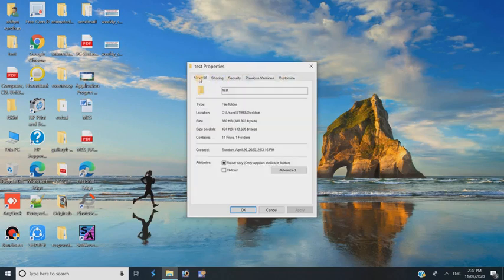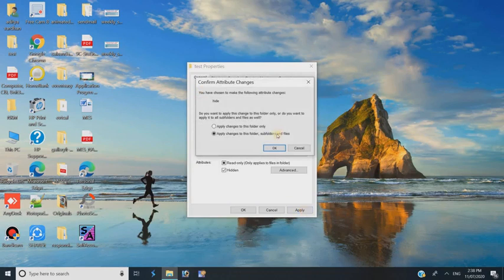So the General tab should be opened, and in the General tab, in the last section you will see an option Hidden, before which a checkbox is given. Bring the mouse pointer near to the checkbox and click on it. After that, bring the mouse pointer near to the Apply button and click over it. After clicking this button, another dialog box appears, the Confirm Attribute Changes dialog box. This is the confirmation dialog box. Here you have to click on OK.